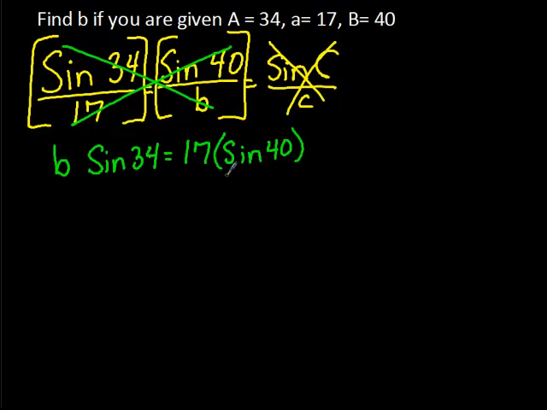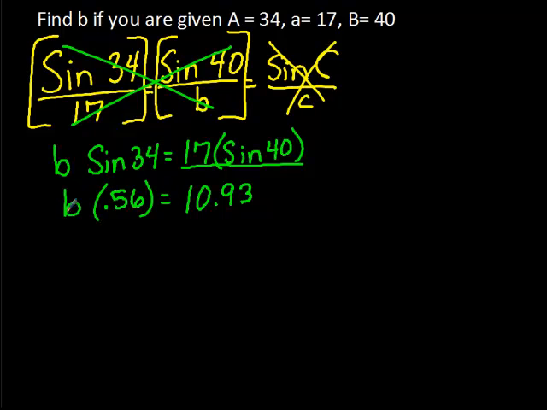Just like last time, we want to do any multiplication we can do. In this case, we're going to do 17 times the sine of 40. Type on your calculator 17 times the sine of 40. We end up with an answer of 10.93. Over here, we also have the sine of 34. We can use this on our calculator too. We can type in the sine of 34. This gives us an answer of 0.56,